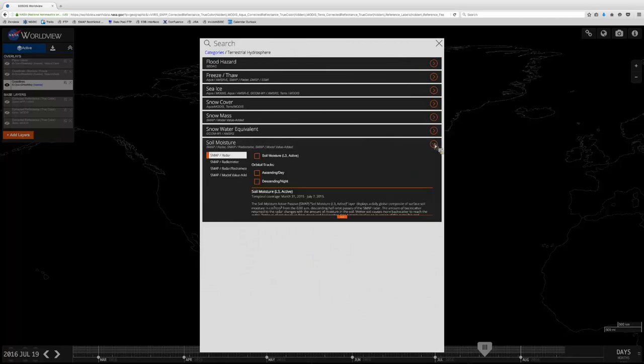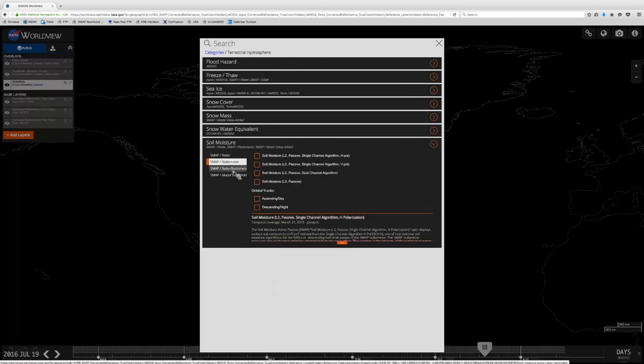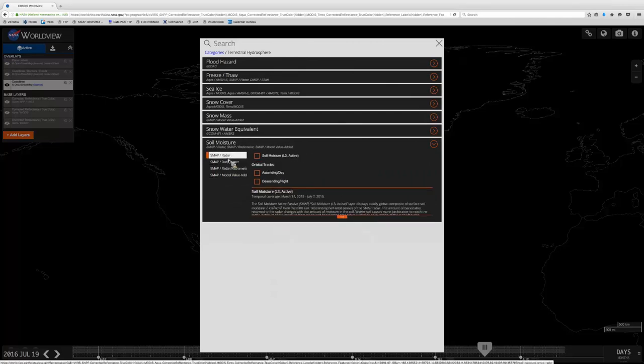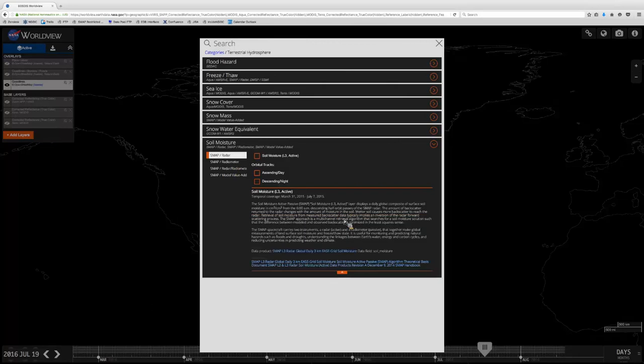Clicking on the red arrow shows all of the layer options for soil moisture, as well as descriptions for all of those imagery layers. These descriptions include information such as temporal coverage here, the specific data product and data field that this layer corresponds to, links to other documents and information, as well as general information about that layer. So given that we are interested in imagery from July 2016,